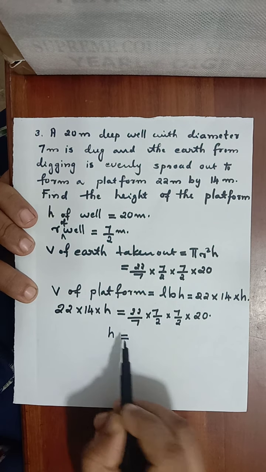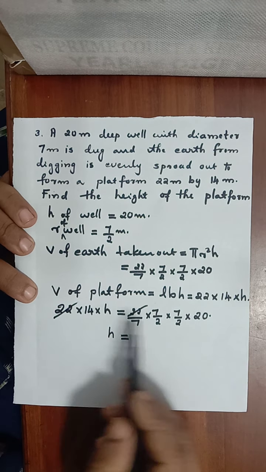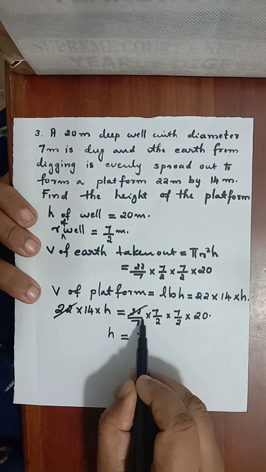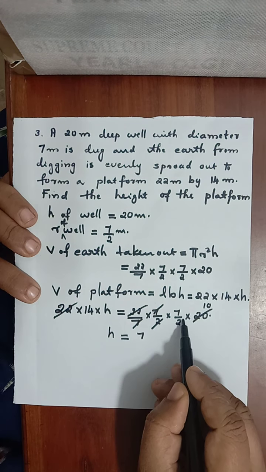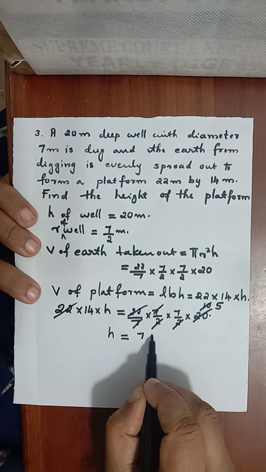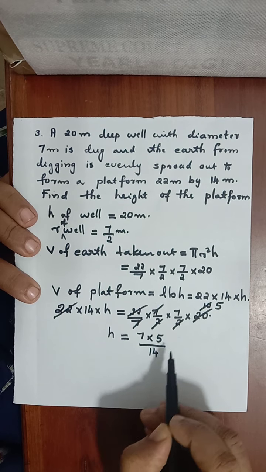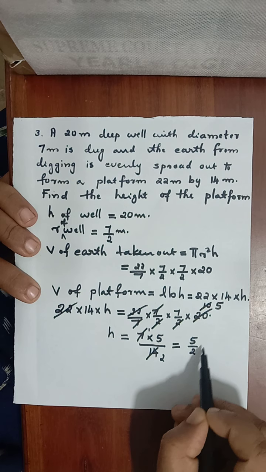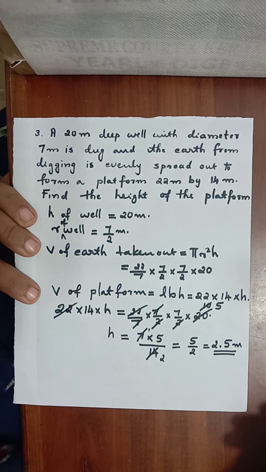Let us keep our H here. Let us cancel 22 and 22 on both the sides. This 22 becomes division on the other side. So we will be able to cancel. So let us keep our H at 7, and 7 can be cancelled again. We are having 2 and 20. It is 10. Again 2 and 10, this becomes 5. So here we have 7 into 5 remaining at the right side, into 14 will become divided by 14. 7 one time, 7 two times. What is 5 by 2 means? Isn't it 2.5? Unit comes in meter. This is the height of the platform.